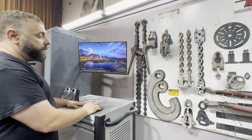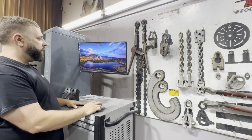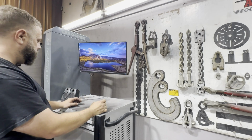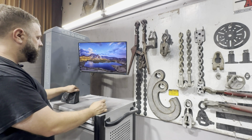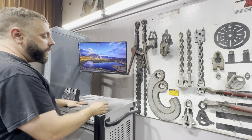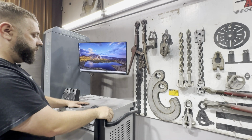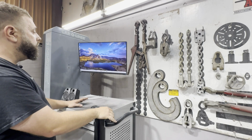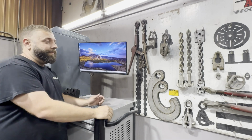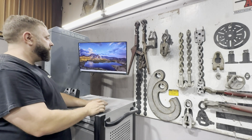Alright, so we got a Car-O-Liner measuring system turned on. We can go ahead and open up the system. It's a little dirty. Need to get it cleaned off. Someone didn't put the cover back on it last time, so yeah, it needs to be wiped down. We like to try to keep our stuff clean. It's a body shop, so you're always fighting a losing battle on that. But anyway,